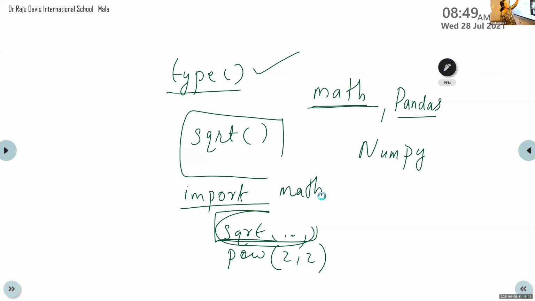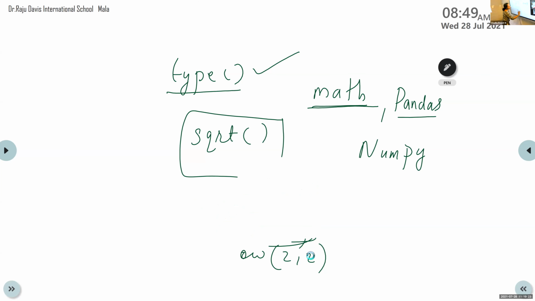Okay, that is the second one. Then the last one is the user defined function. In our normal programs, we use user defined functions, that is, functions defined by the user. In that case, the user is defining the function, so we need to write the definition of that function also. In the first two cases, there is no need of writing the definition. We can directly use the function.